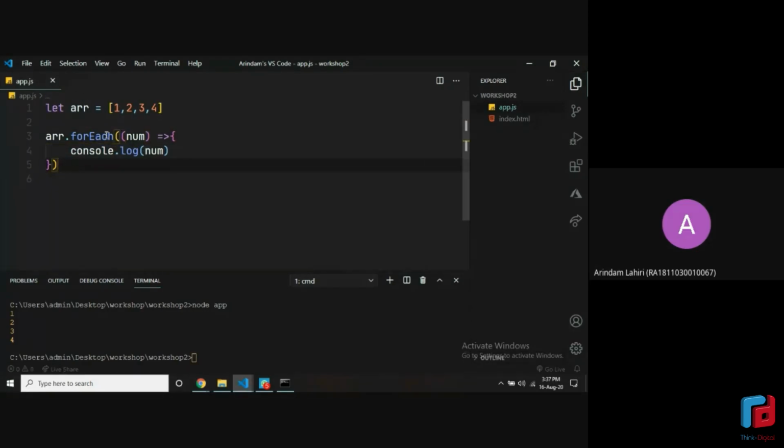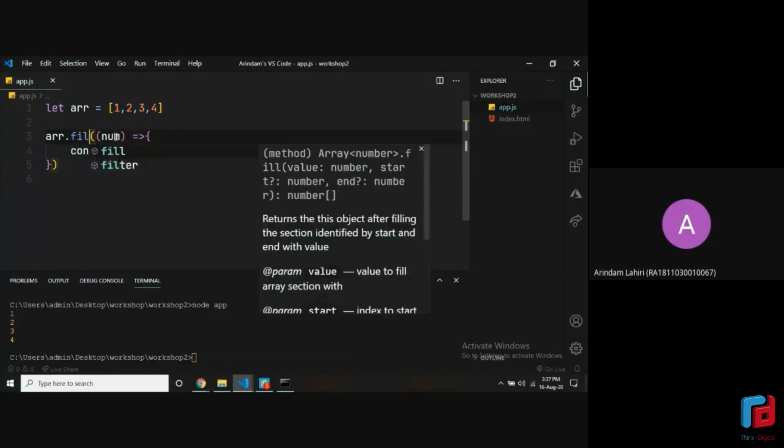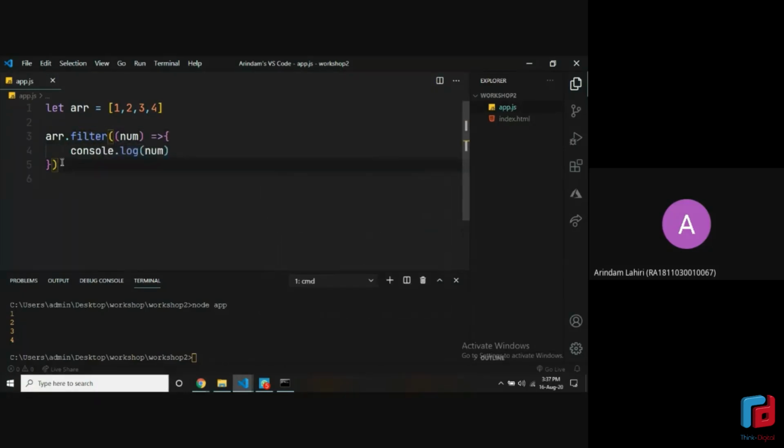All right. There's one more function I would like to touch upon because we'll be using it later. It's filter. Okay, let's type this out for now. Filter is very similar. You provide it a function and it will run the function on each of the elements. But the difference is that in the function, you have to return a Boolean value because it will filter through the array. That's what it does. It filters the array.